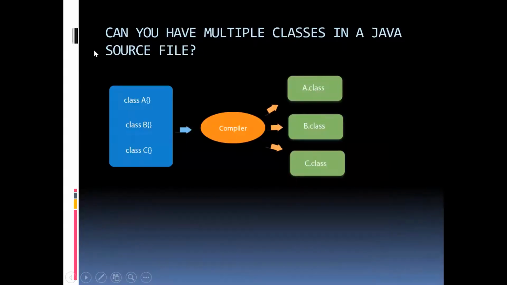Next, coming to, can you have multiple classes in a Java source file? It is saying multiple classes in a Java source file. Suppose you take this source file, can you have multiple classes? Here, what are there? Three classes are there. See, class followed by class name, right? Class names A, B, C. Three classes are there. So this picture itself is saying that we can have multiple classes in a Java source file. When you compile,